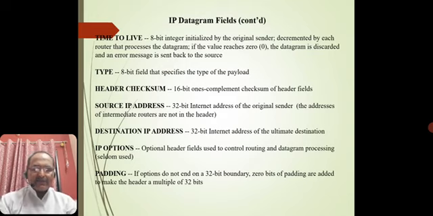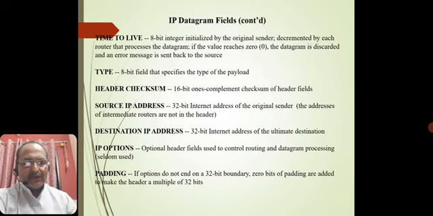Next is the source IP address. This is one of the important tasks in the IP address. Source IP address means the person who initiates sending the data packets, I mean datagrams, to a destination. The system will automatically stamp in your source IP address and the destination IP address before departing.